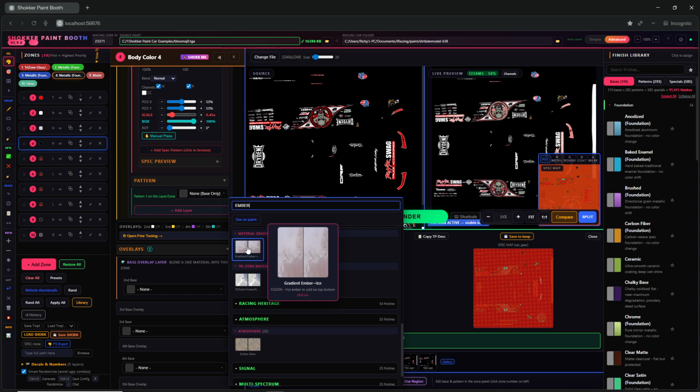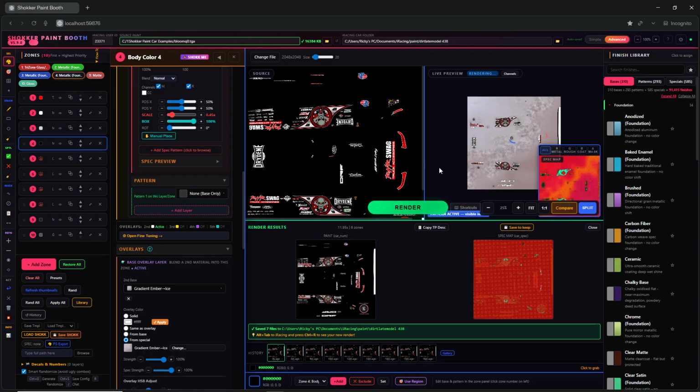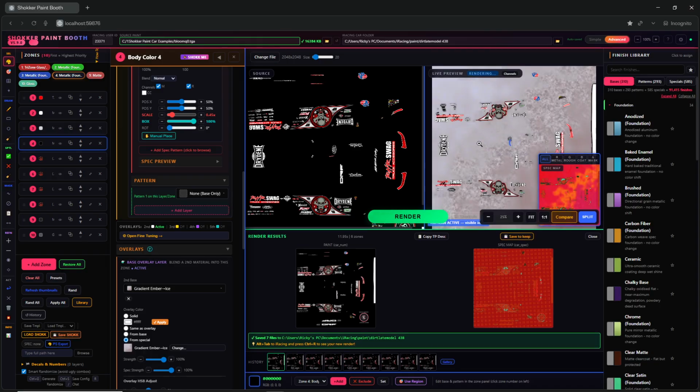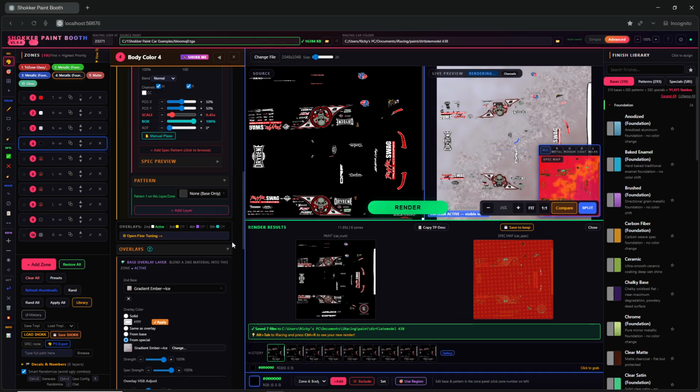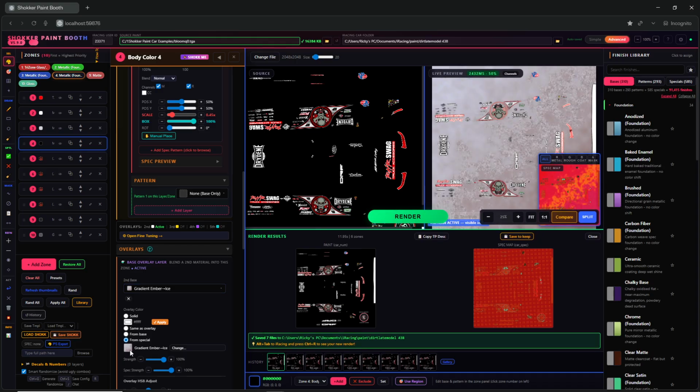There we go, ember ice. So I'm using that not for the base. It is the base. It's changing the black, but we're going to fix that because it's actually doing the ember ice color, which I don't want. We are going to change this color from ember ice to,